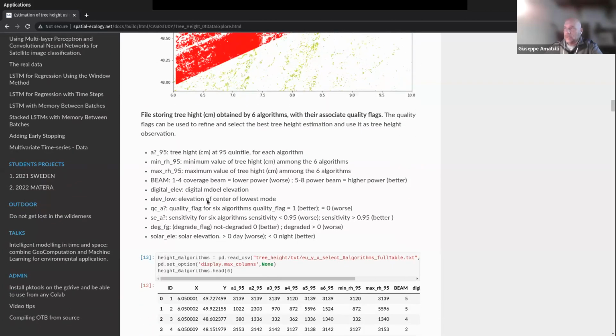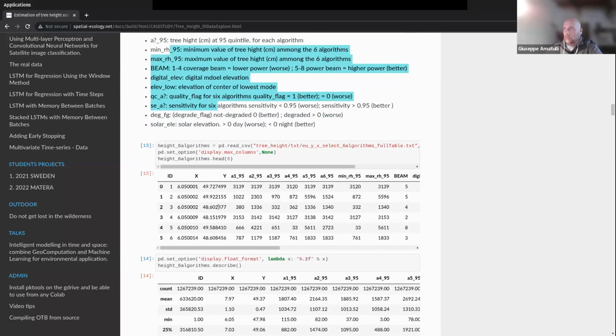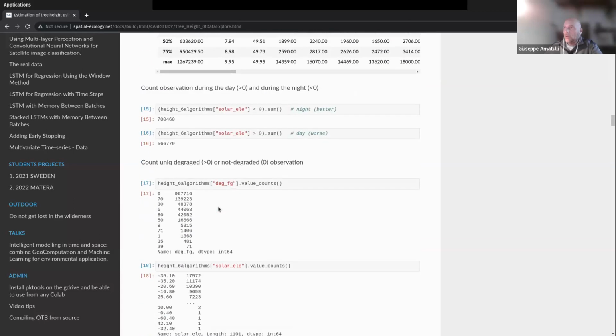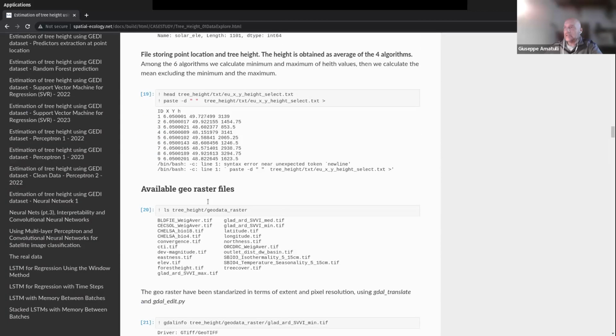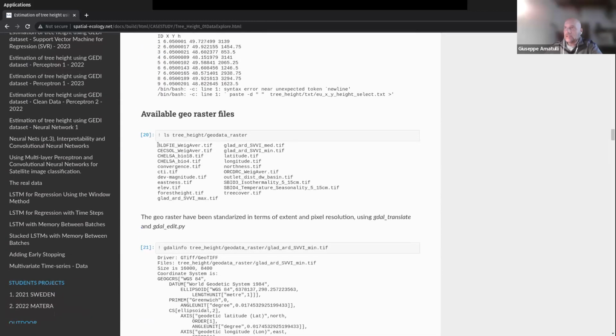That is all written over here, so you can watch in the video recording. Just to give you an overview, these are the different data sets that we are going to use. Some of them are the CHELSA database, this one for the climate, that we are retrieving. Then we have satellite information coming from Landsat, this one. Then we have a bunch of geomorphometry